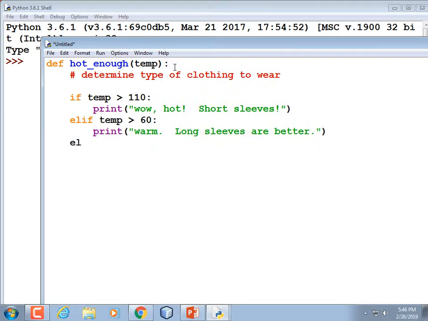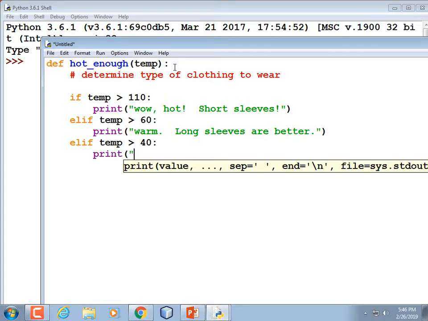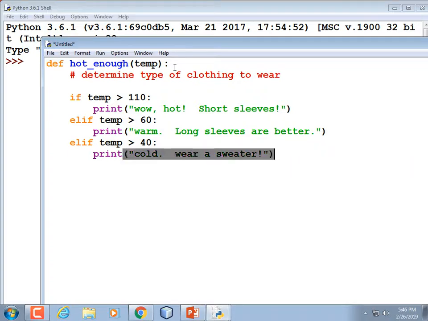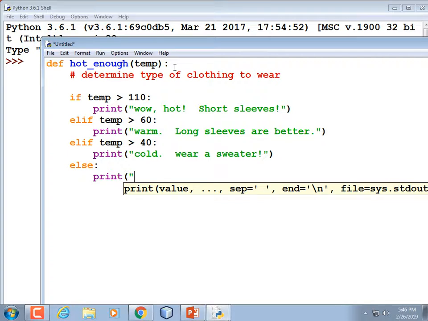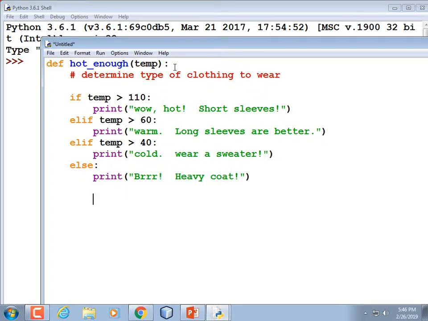And then another elif. Elif the temperature is greater than 40. We're going to print cold. Wear a sweater. And then lastly, print parentheses quote, brr, heavy coat. Silly, right? But